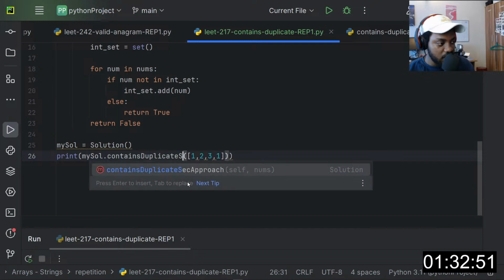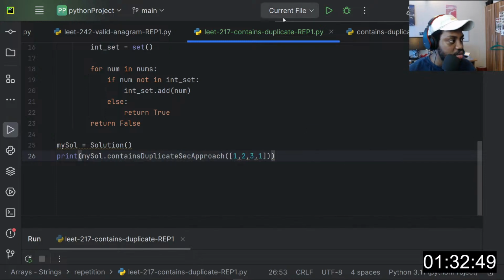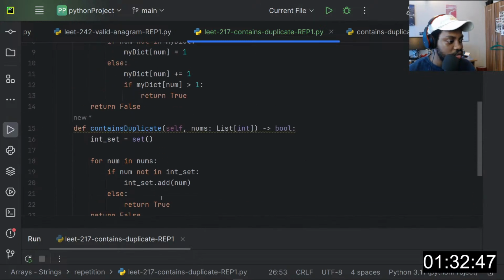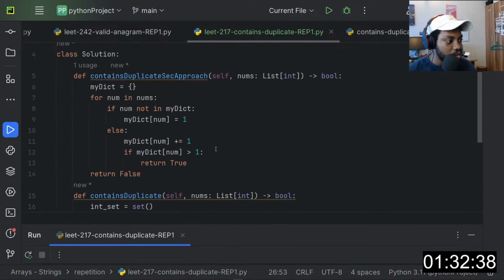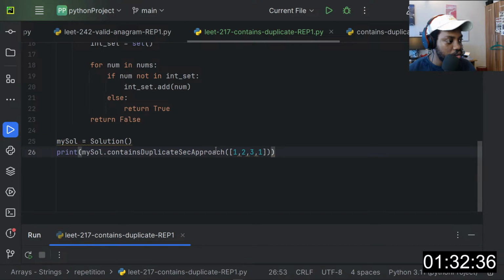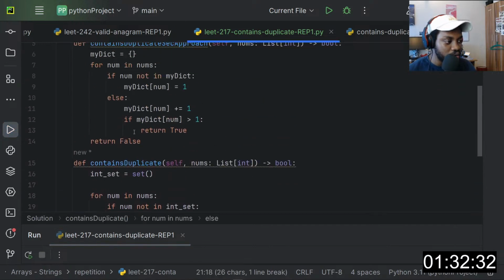Okay, so let's see if we can do this. Contains duplicate second approach. So when I run this, okay, now we are getting true. Sorry, we're supposed to get true. Both of them work, right?